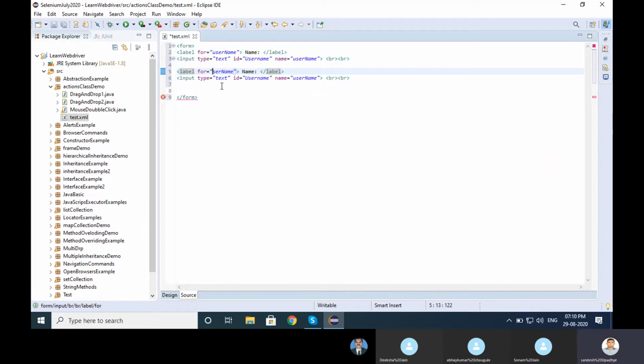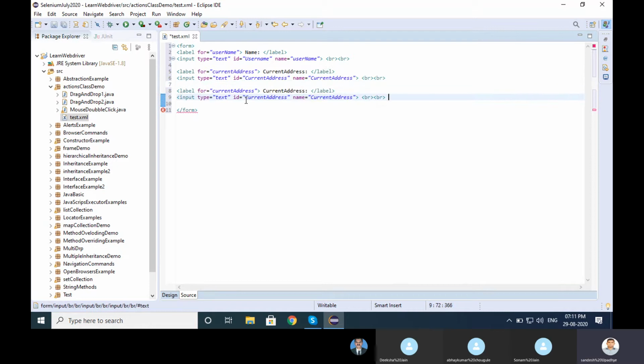The name, this is for the label, closing the label tag, input type as text, ID current address, name is current address.